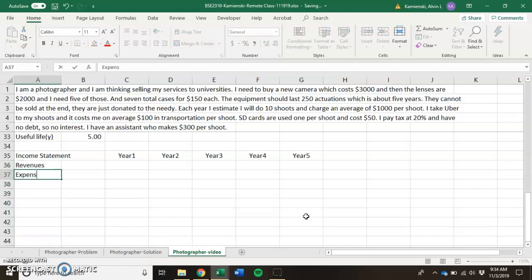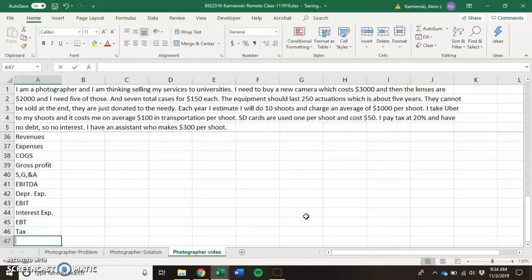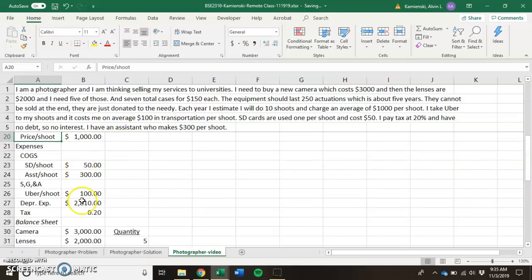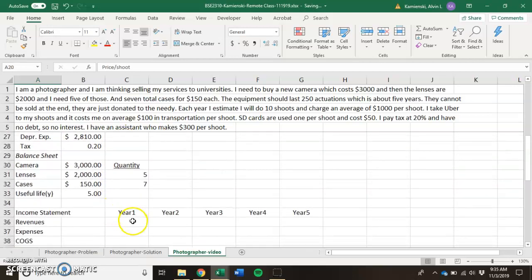We have revenues, we have expenses, we have cost of goods sold, we have gross profit. Gross profit then minus SG and A gives us EBITDA. EBITDA minus depreciation expense is going to give us EBIT. EBIT minus interest expense will give us EBT, from which we'll subtract tax, and we'll get the amount of profit associated. Because this information is documented in assumptions and it stays fixed for the whole time, I'm going to use